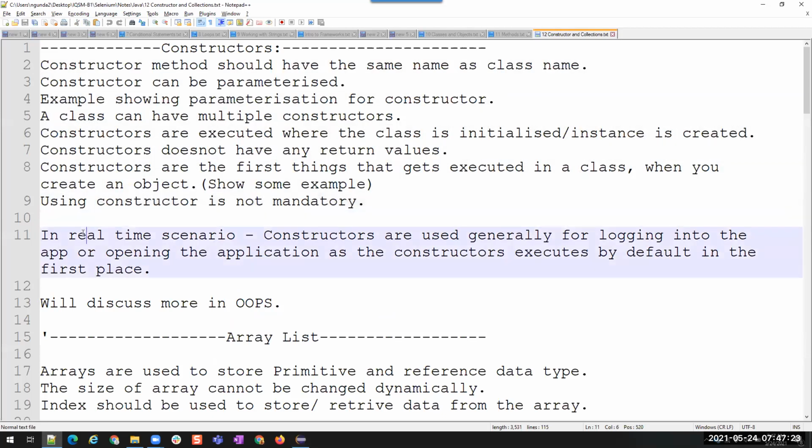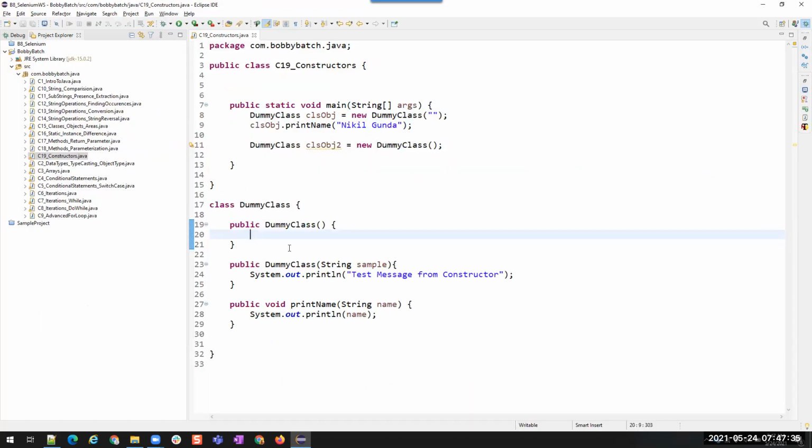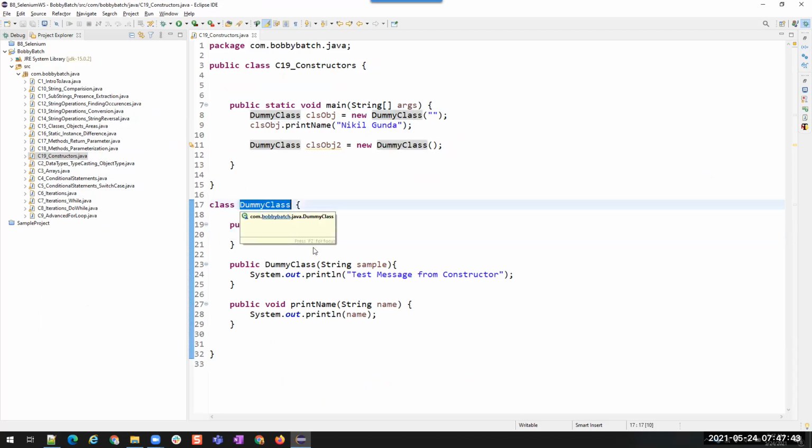Okay. So in real time, constructors are used generally for logging into the app or opening the application, as constructors execute by default in the first place. For example, if you are writing automation code and we have some class where we are performing some operations, whenever we want to perform the operation, the user should be logged into the application by default.